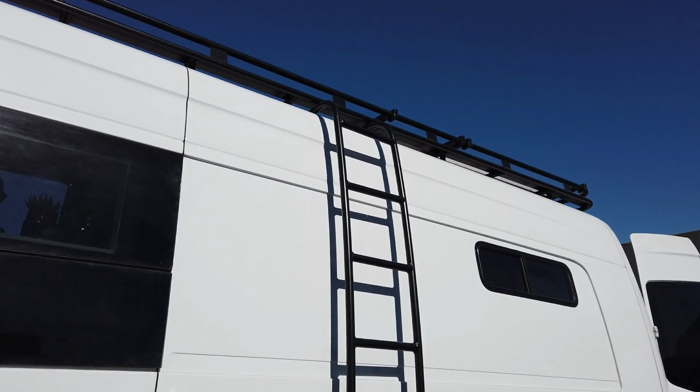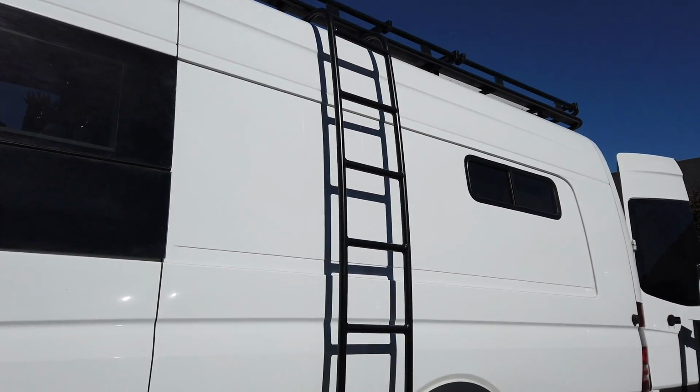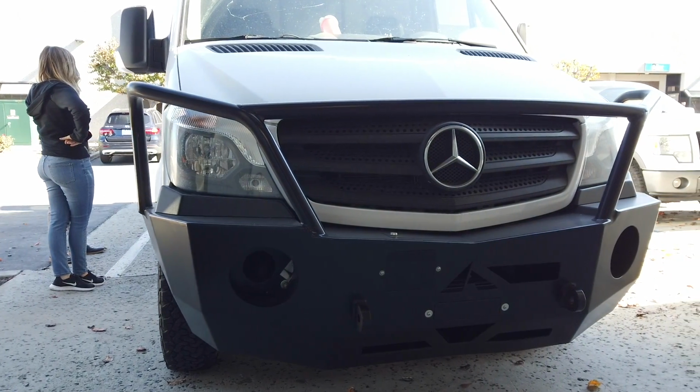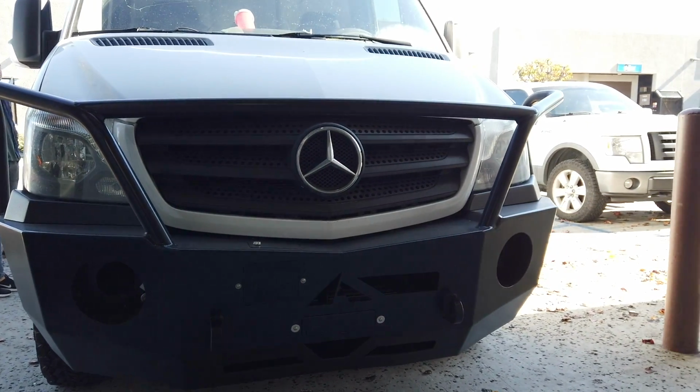One of the categories that can add up really quickly that a lot of people overlook and don't even think about is outside features. So this includes things like side ladders, back ladders, roof racks, front bumpers, back bumpers, tool boxes, you name it. This category can add up really quickly, but it's also a great category to add on to a van